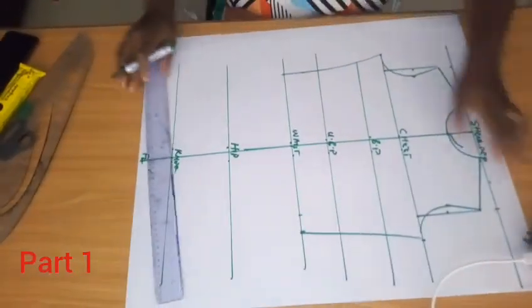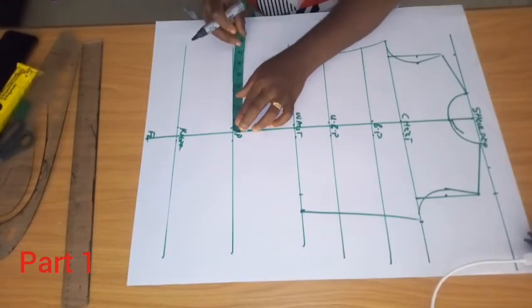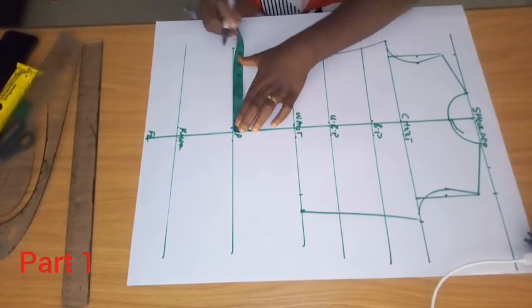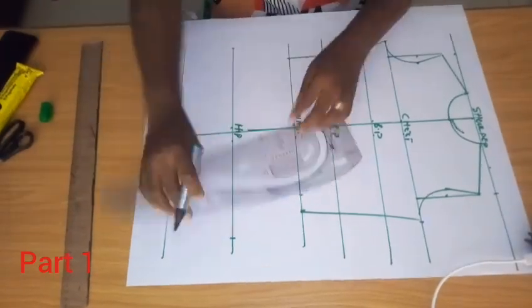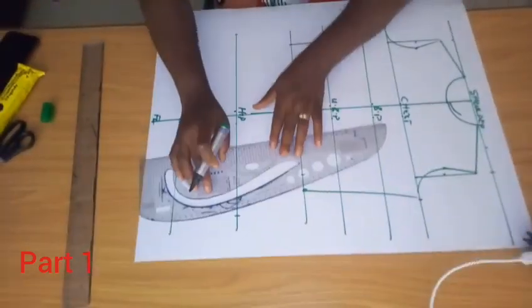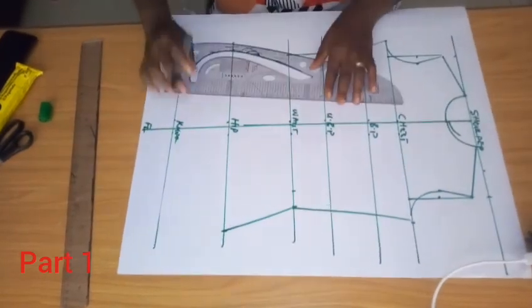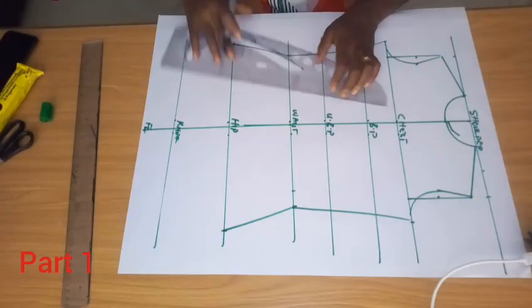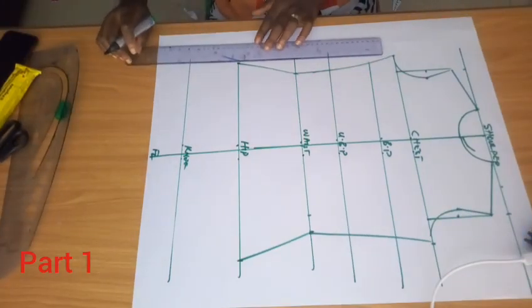Since I've built shoulder to waistline, I'll come over to the hip and I'm going to measure the hip, and then I will connect my hip line. Okay, so whatever thing I have from here to the knee,